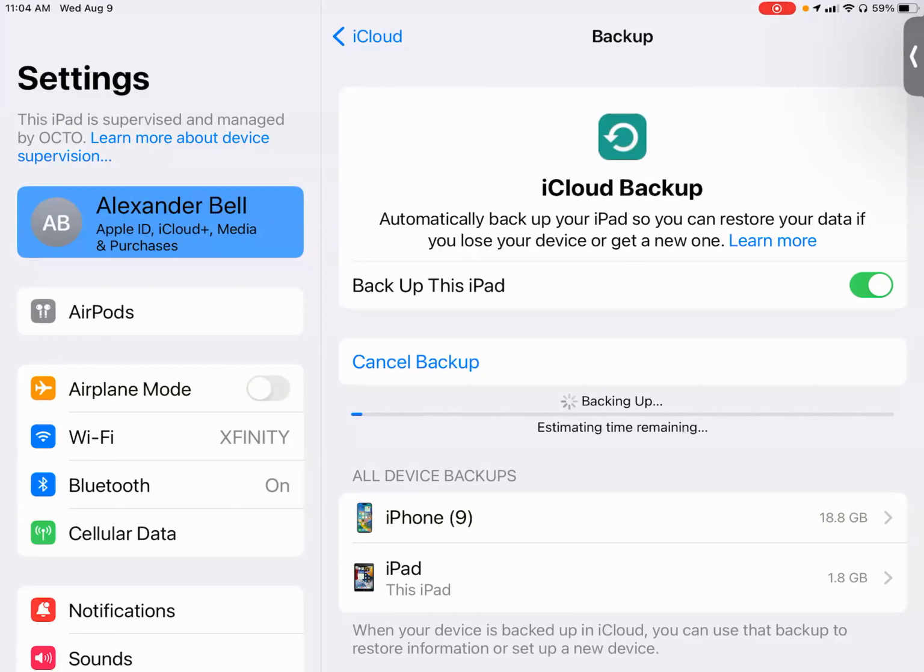So that's what in the wild means. But for the backup, you'll see when it's done, the bar will go all the way. You'll see last successful backup right underneath where it says Backup Now. And then you would see the last date and or time that you completed a backup.